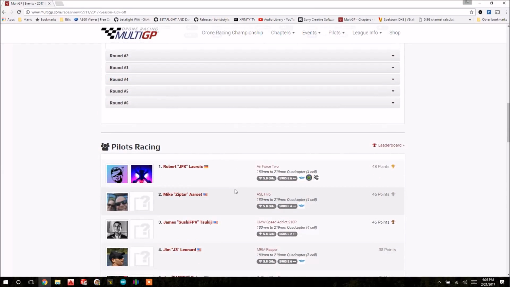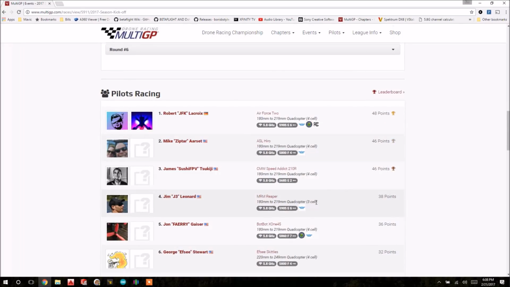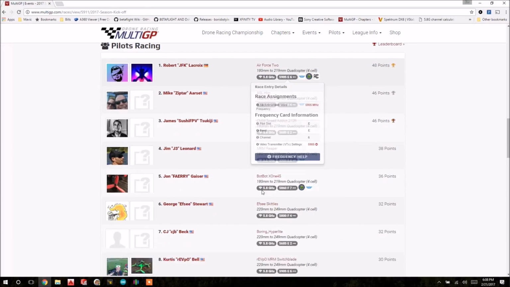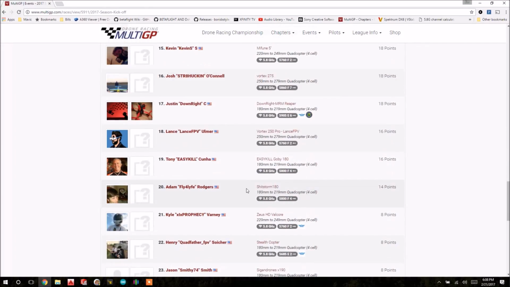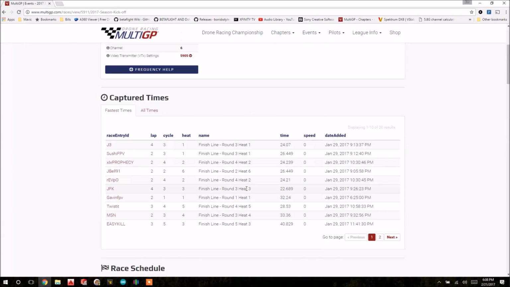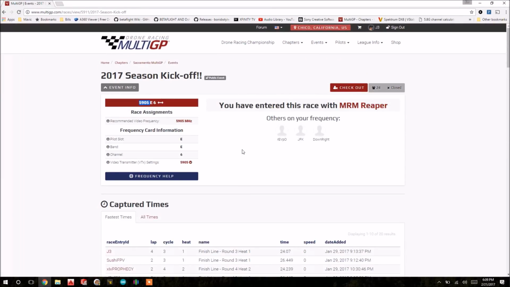As the races are finished and everybody is scored, you're given points. Your points tally updates every time the organizer updates them, and it keeps you up to date on the running tallies. Pretty simple. It keeps everybody organized, things moving along smoothly, so we really appreciate it if you can get